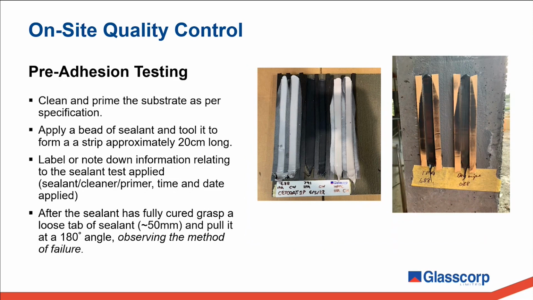So here I'll just cover the basic steps involved in performing a pre-adhesion test. So you'd clean and prepare the substrate to the required specification. You may want to apply multiple test layouts if you want to test different sealants or test different cleaners or primers, for example. Apply the sealant, tool it to form a uniform strip, ensuring that you're applying positive pressure to